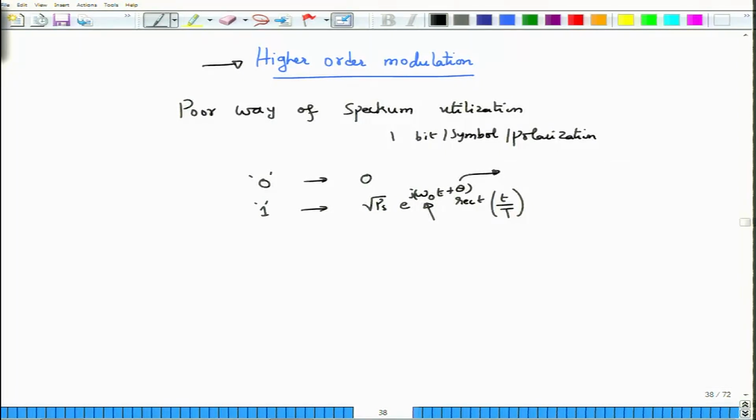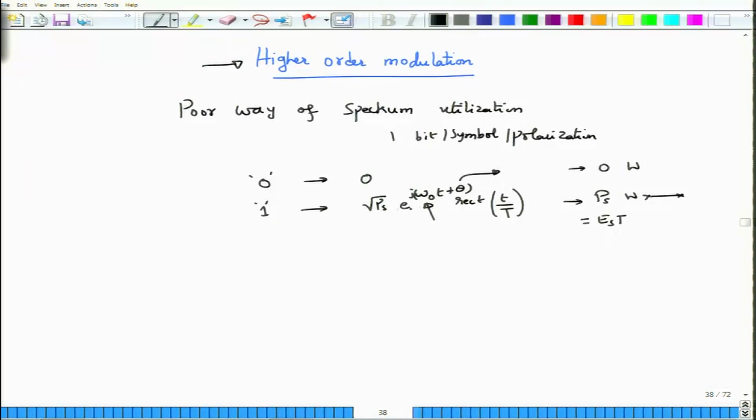By the way, I am showing you the amplitude version of the equations, but if you were to just follow the optical power, this would correspond to an optical power of 0 watts, and this would correspond to an optical power of Ps watts over whatever the time duration that you are transmitting, right? So you can also of course write down this Ps in terms of energy as well. So you can say that Ps is equal to Es times T, where T is the duration or time period of 1 bit, and this is what we actually transmitted in terms of the power.